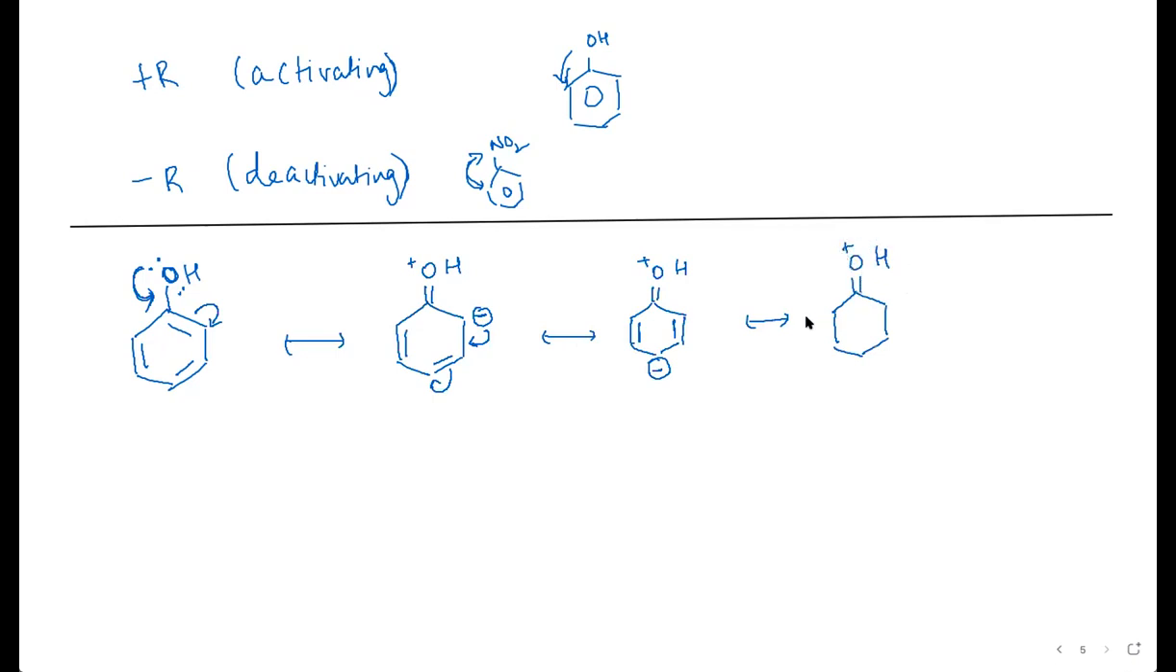O plus H. So these get pushed over here, these get pushed to this carbon. There is a negative charge over here, there's a double bond over here. This remains unchanged. And then the oxygen takes back this pair of electrons, and this forms a double bond over here. OH. Okay, so because of these resonating structures, now you can see that if there was an electrophile attacking phenol,